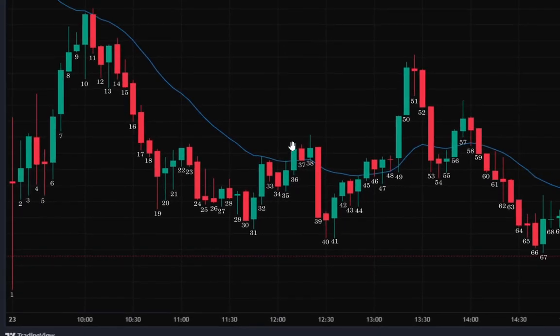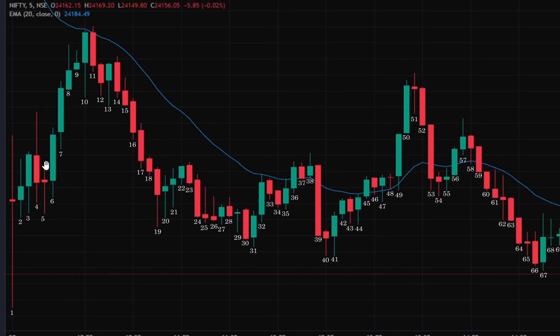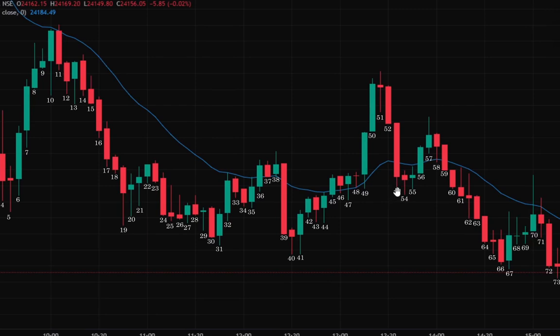So this was my day, and I only took one trade from here to here, and I was not going to get out of this trade, but because of my previous trade, I luckily got out at this point, and this happened. I was looking for a second leg up, but the market tends to do the opposite of what you are thinking. So this type of V shape definitely happens in the market, and a good system will keep you from taking such trades.